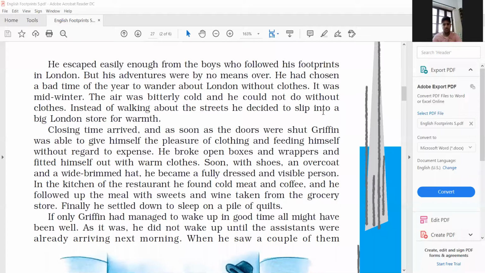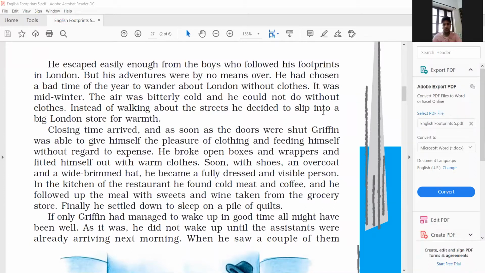What has he done? He is there, decided maybe the wrong time of the year to become invisible, right? So he is invisible as long as he does not have clothes. When he wears the clothes, he will be visible again, right? So his shape would be visible, his face would not be visible, and so he would have to do things to make himself appear presentable, right? So he's chosen the wrong time of the year. Why? Because it is winter.